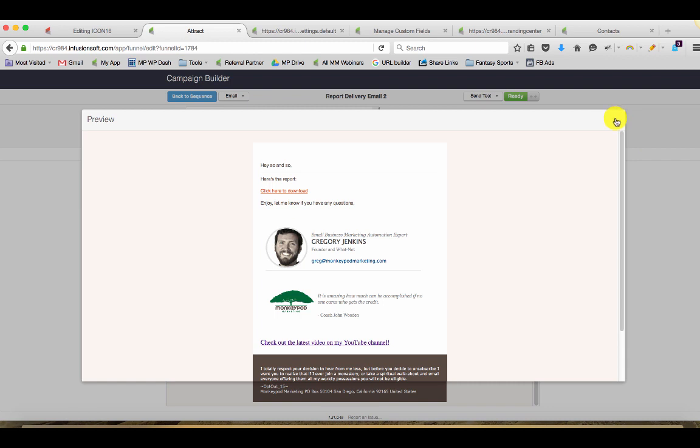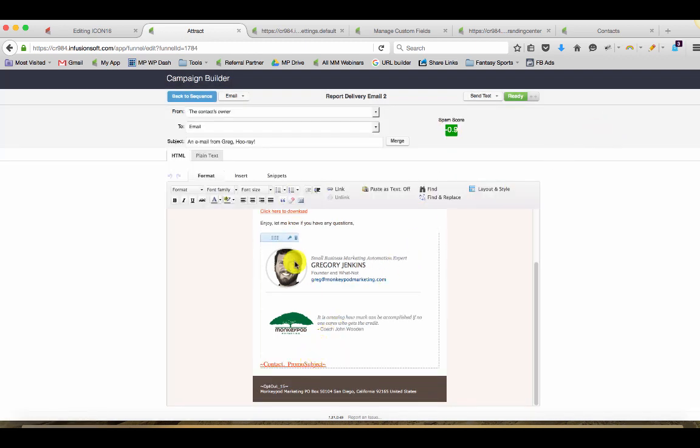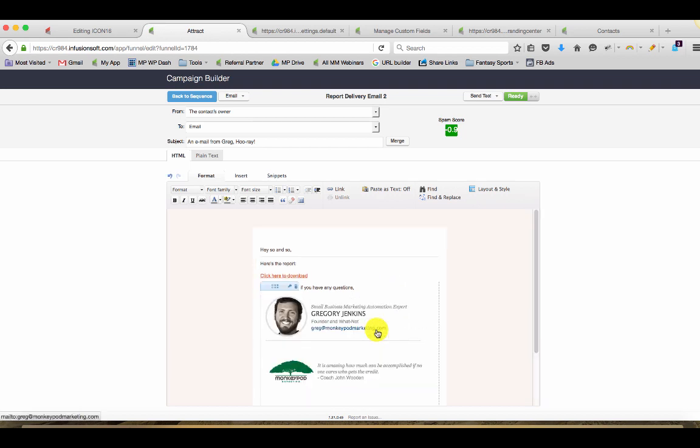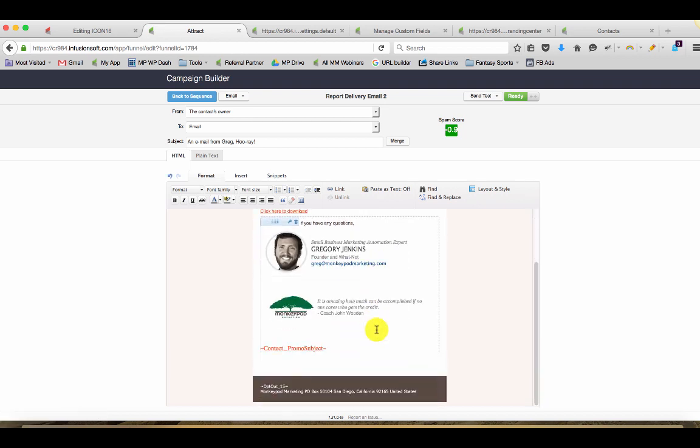The reason that's important is because I didn't add that to this email. It's just included in my signature. So the reason I'm emphasizing that is you don't want to go back and add it to every email individually. Of course not. That's going to be a lot of work. It's going to be really redundant. So instead what you do is you just set this up as part of your signature, and now it's built